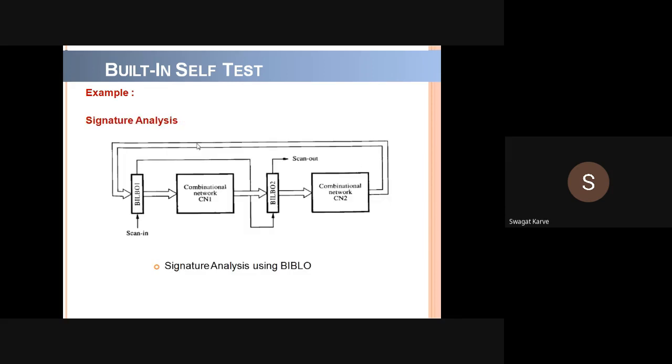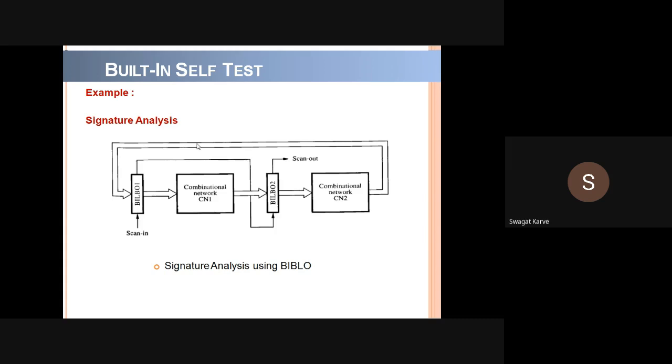Now next, you have a separate circuit for the signature analysis also. This is also a type of built-in self-test technology. But nowadays, if you have only the built-in logic block observer, then it will serve all the purpose. It will act as a scan path testing mode, as a signature analysis, as a linear feedback shift register, and it will also get reset. So if you have only that built-in logic block observer circuit, it will serve your 4 different purposes depending upon the combination that you will select.